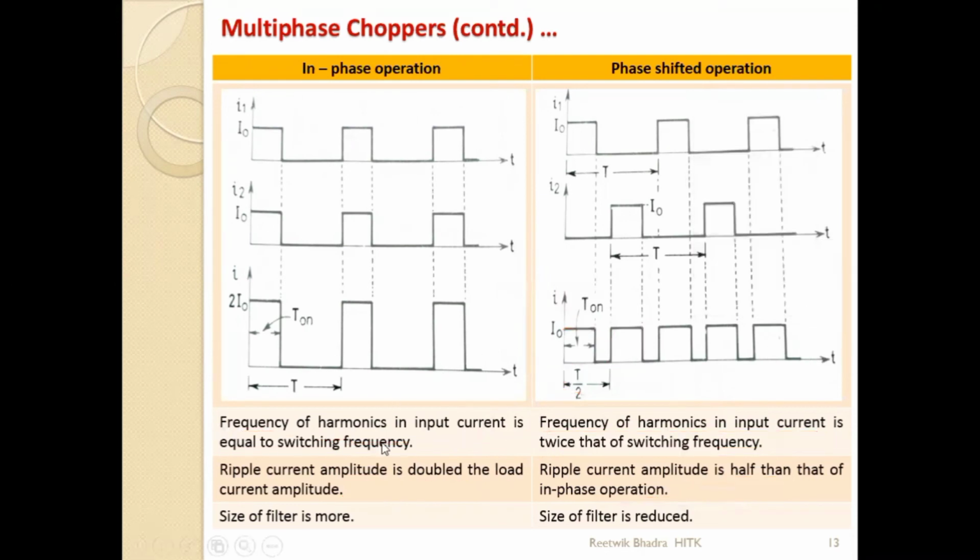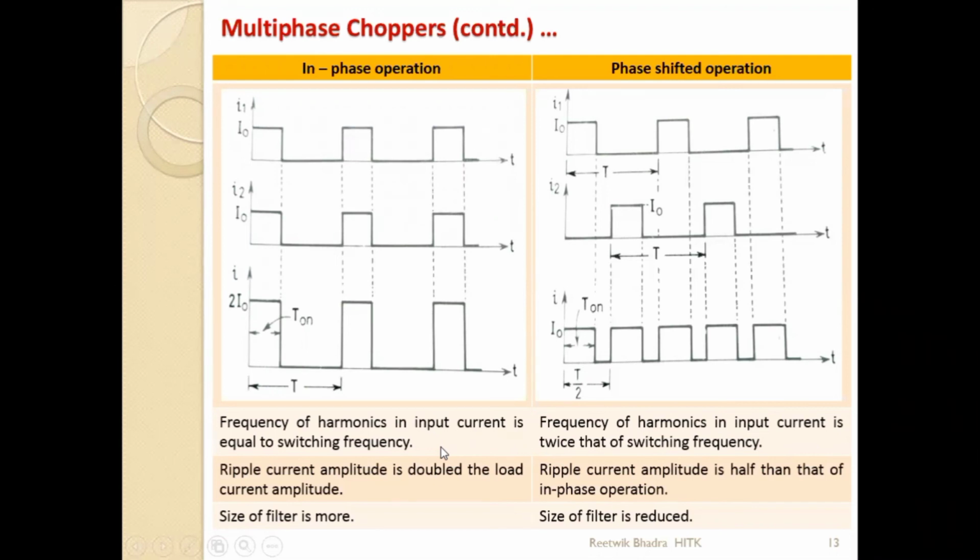Because of this point, what happens to the harmonic switching frequency? If there is a change in frequency, recall your buck and boost inductor and capacitor calculations: all were inversely proportional to your frequency. Go through all the slides which I have given, I think you should have made notes up to now. All the quantities, the inductor and capacitor calculations, that is my filter calculations, were inversely proportional to our frequency.